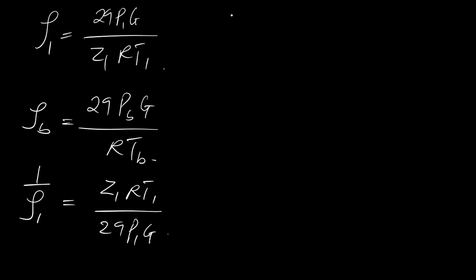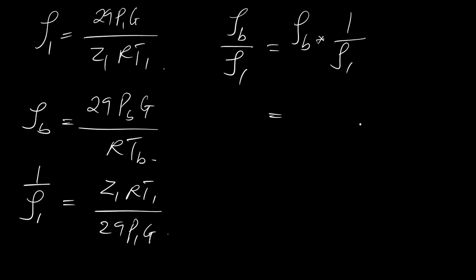Now the density at the standard condition divided by the density at the inlet condition is the same as saying the density at the standard condition times the inverse of the density at the inlet condition, which is equal to